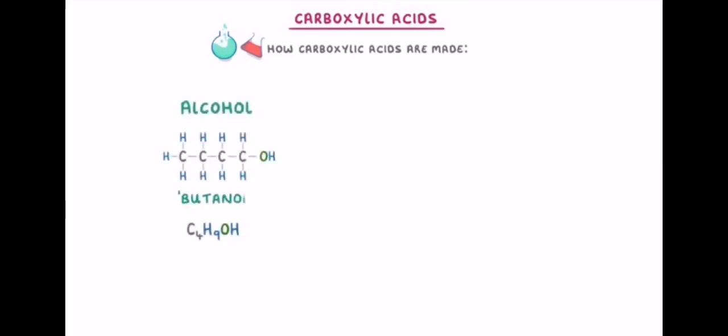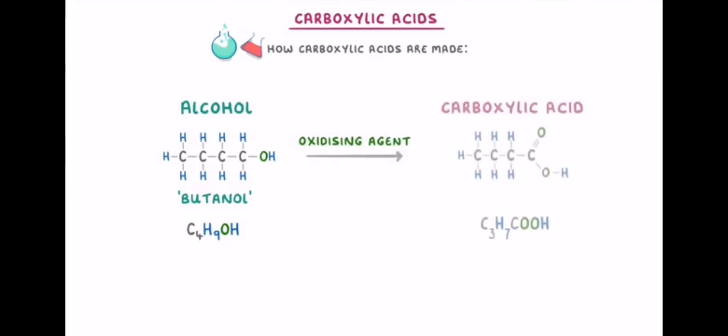The last thing we need to cover is how carboxylic acids are made. It's actually pretty simple. All we do is take an alcohol, like butanol, and oxidize it using an oxidizing agent, which basically adds an oxygen. And we end up with a carboxylic acid, which in this case would be butanoic acid, because it still has 4 carbons, and so starts with but. Anyway,